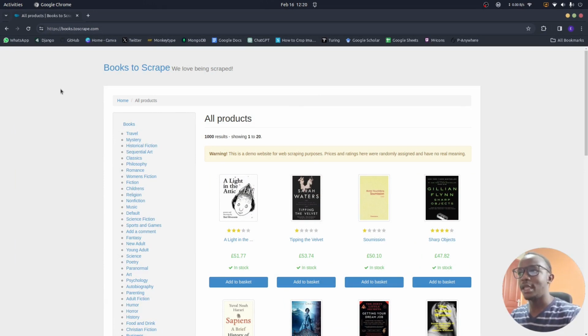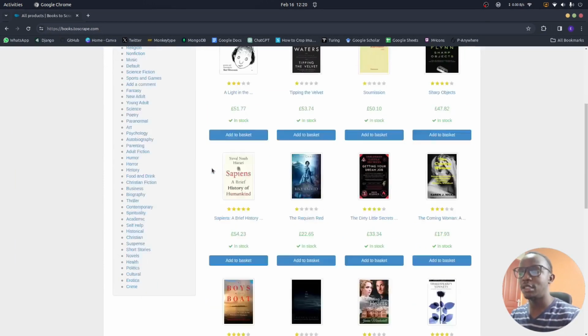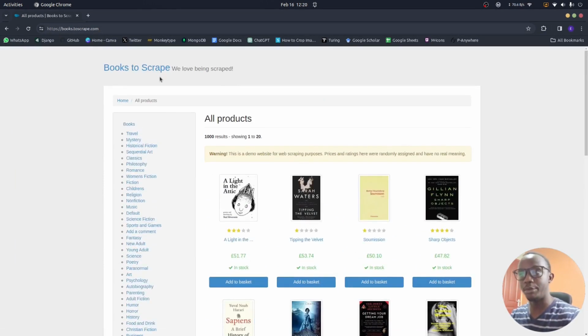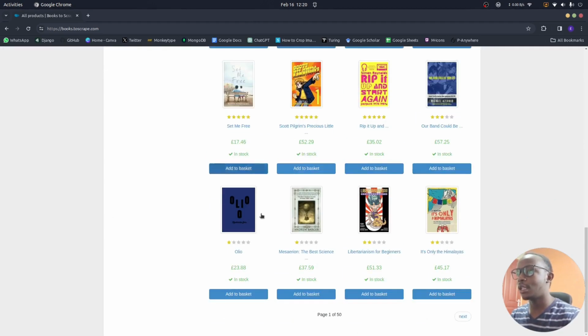What we're going to be doing is scraping all the books available on the Books to Scrape website, and we are going to store these books in a .json file, okay? As you can see, we have a total of 1,000 books, and these books are spread across a total of 50 pages. So basically, we're going to be scraping all the 50 pages synchronously, and then later on, we're going to scrape